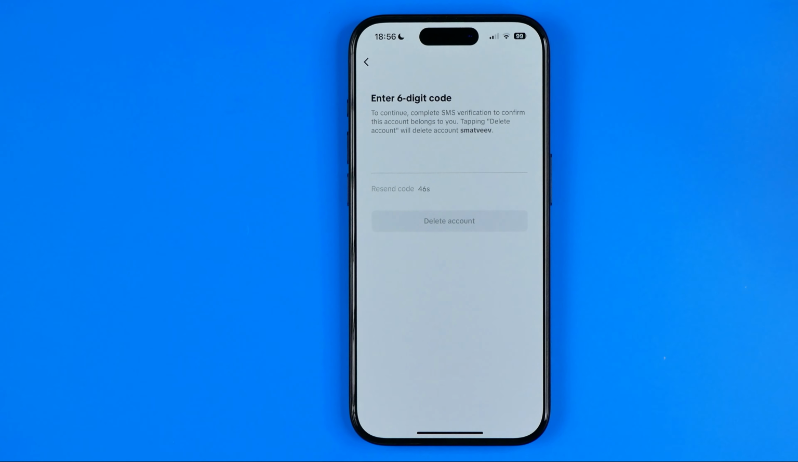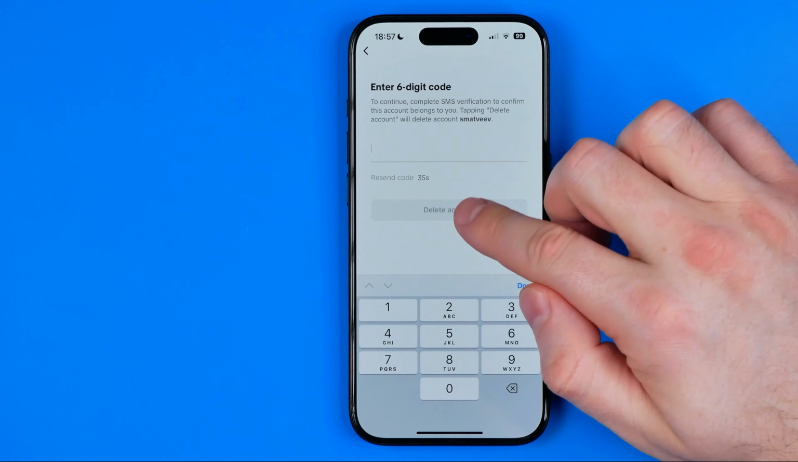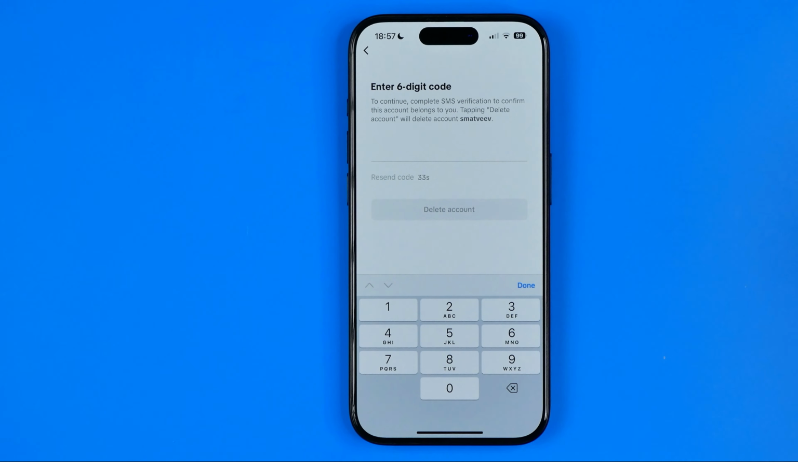And on that final step, you need to enter a 6-digit code that was sent to the phone number attached to that TikTok account. Just enter that code here and then hit Delete Account. After that, your